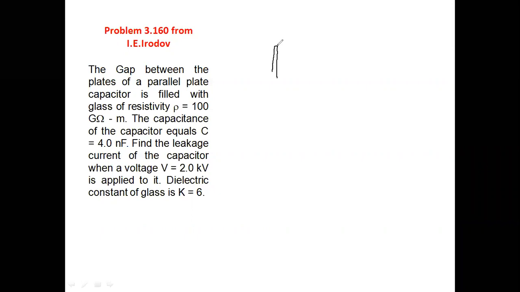let's say this is positive plate and negative plate of the capacitor, and the gap between the two plates is filled with some dielectric material. This material has a dielectric constant capital K, and it has a resistivity rho. Capacitance is given to you in this question. The capacitance of the capacitor is given, it is 4 nanofarad,